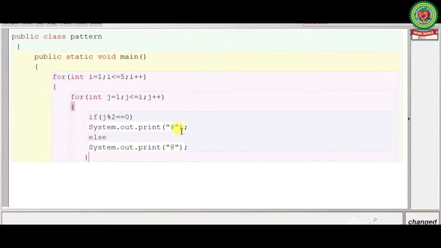So whenever the value of j modulus 2 is equal to 0, it will print hash sign, else it will print at the rate.